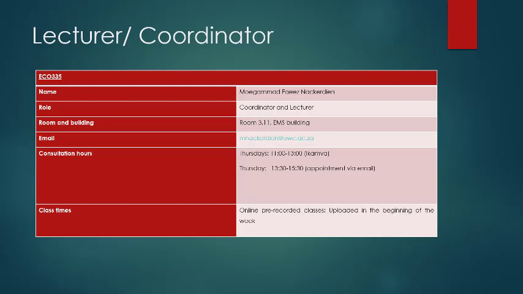You're not limited to the consultation times and the consultation hours. You can post it at any time. If you just think of something on Sunday and it's bothering you, post it. We do monitor the discussion forum on eCamber, so at any time we will respond to it, hopefully speedily. But you most likely will get an answer in the consultation times of both me as a lecturer and my assistant lecturer.